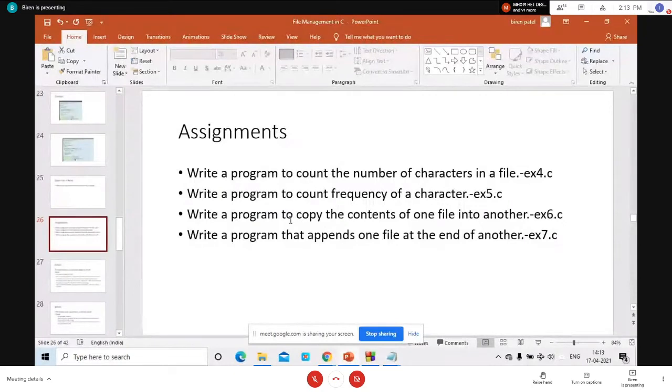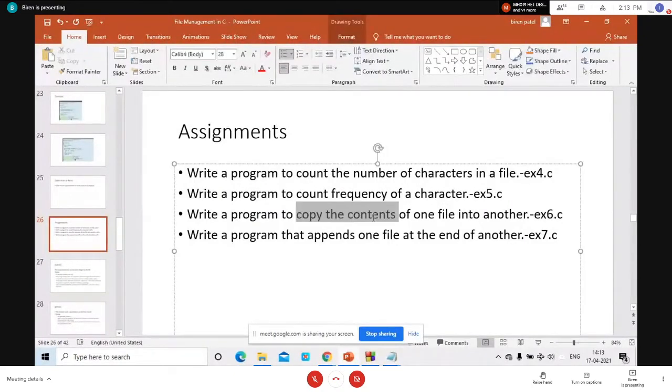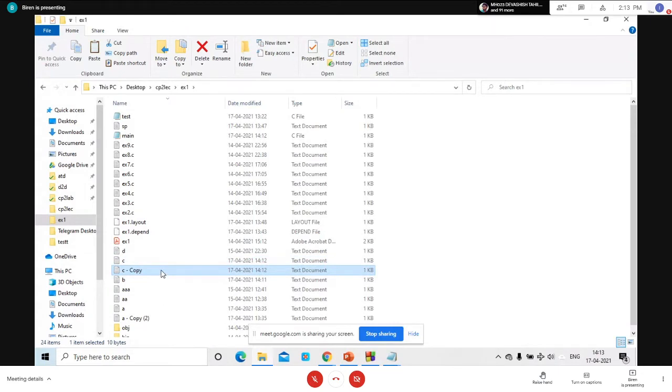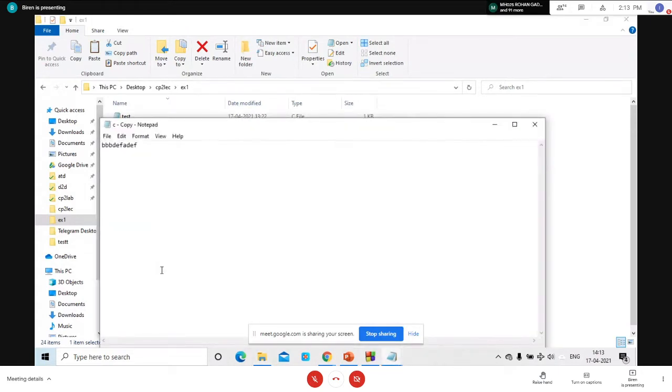What is the difference between copy and appending? If we copy, here the third question is to copy the content of one file into another. So for example, if I make a copy of c.txt, Control C, Control V, then the other file will be exactly a replica of the original file. Yes or no?